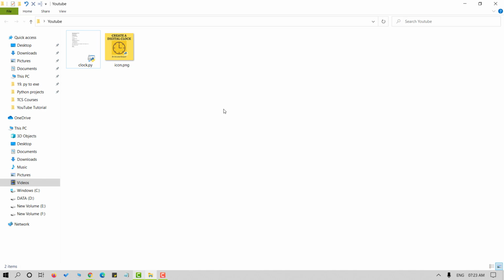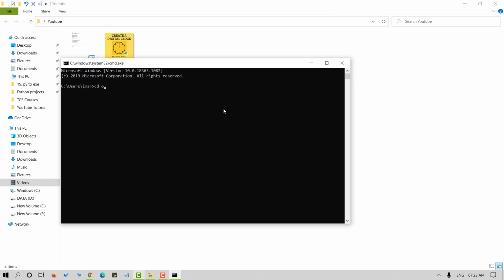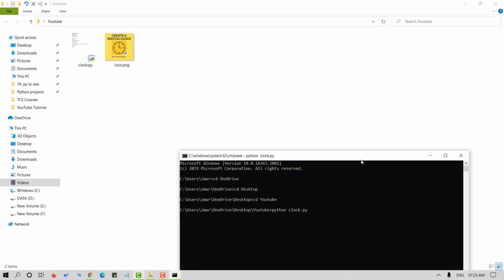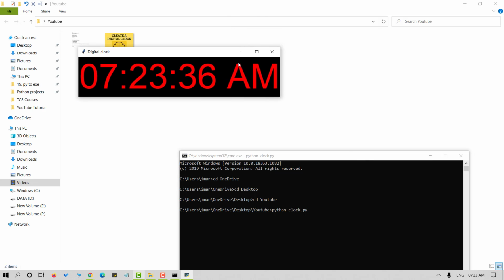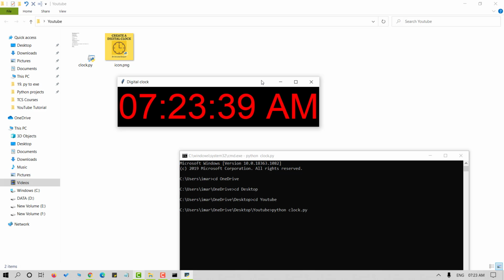I am going to use the same program to demonstrate the conversion of .py file to .exe file format. This is a digital clock.